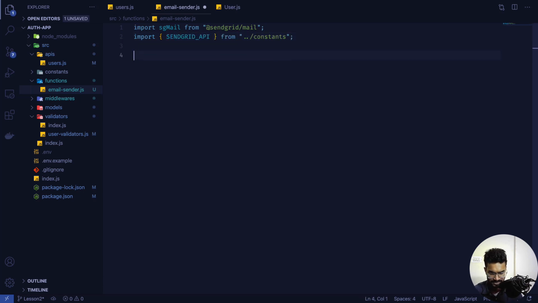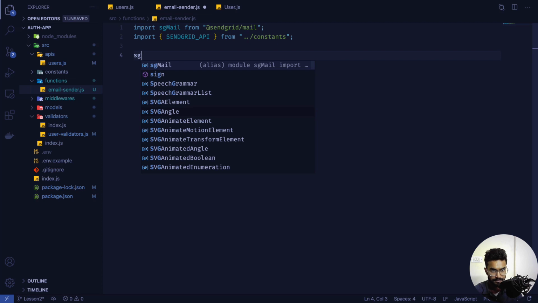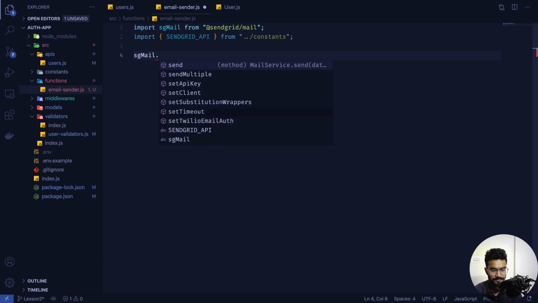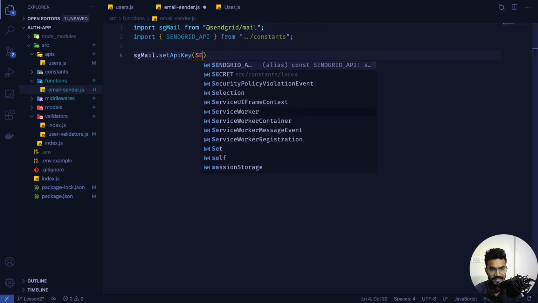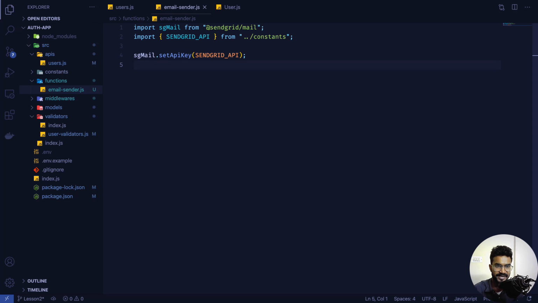And now we'll simply say sgMail.setApiKey, and we'll pass that SendGrid API key. So this will create a SendGrid mail instance, and now we'll simply say export const, actually let's make it const sendMail